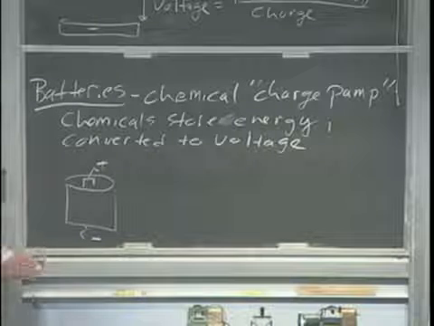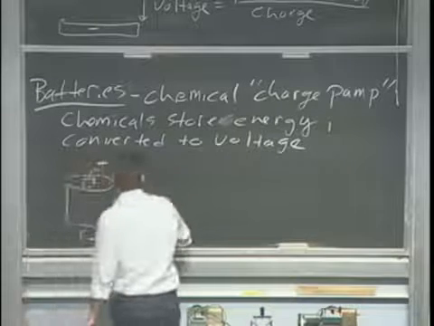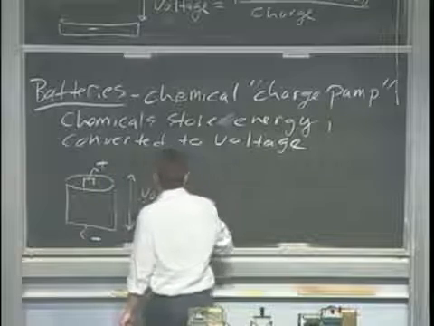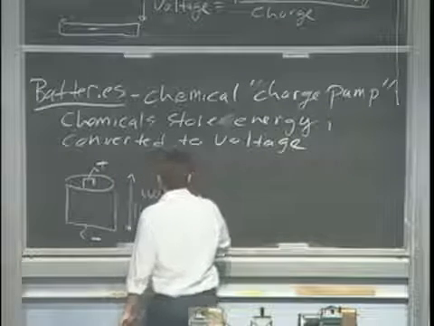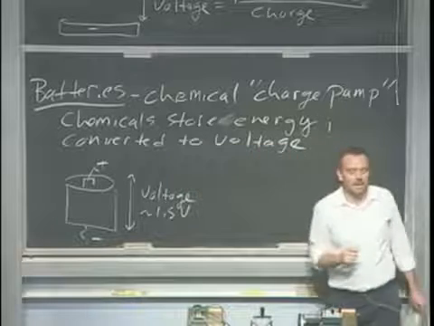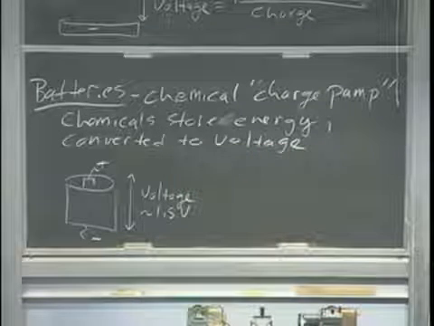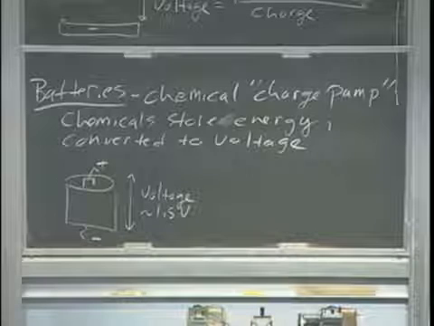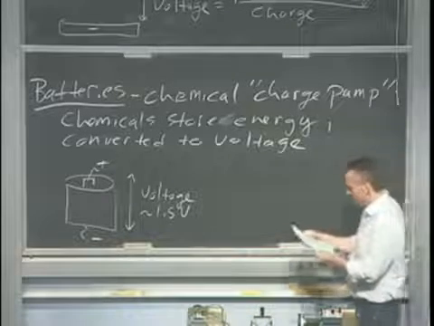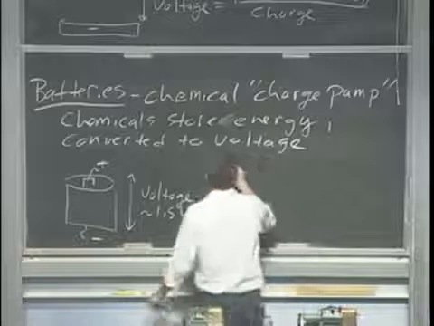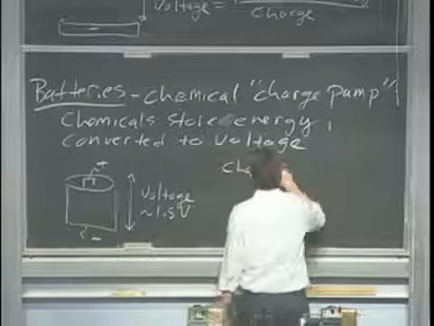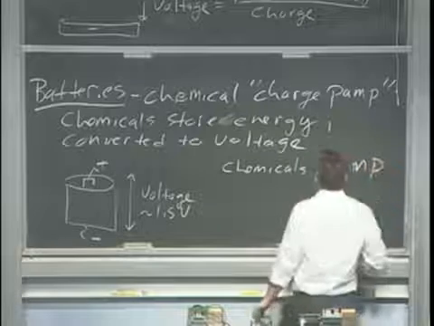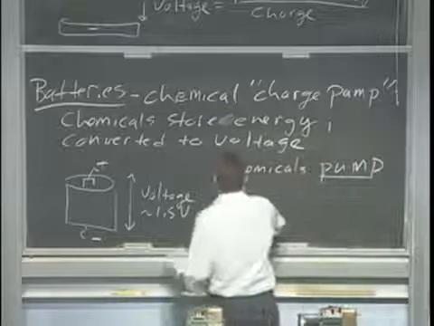And there is a voltage difference across there, and the typical voltage difference is on the order of a volt, or 1.5 volts for a battery like the one I drew here. Okay, so that is a typical voltage for a battery, relatively small voltage. Okay? And literally the chemicals in the battery, they literally pump positive